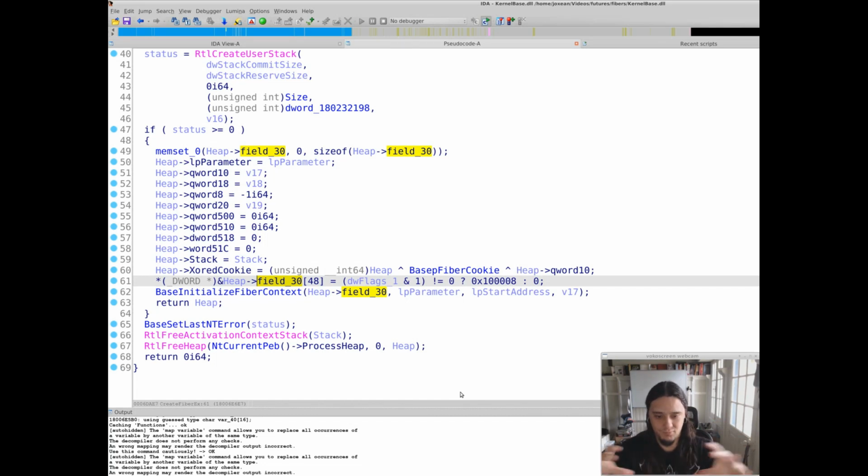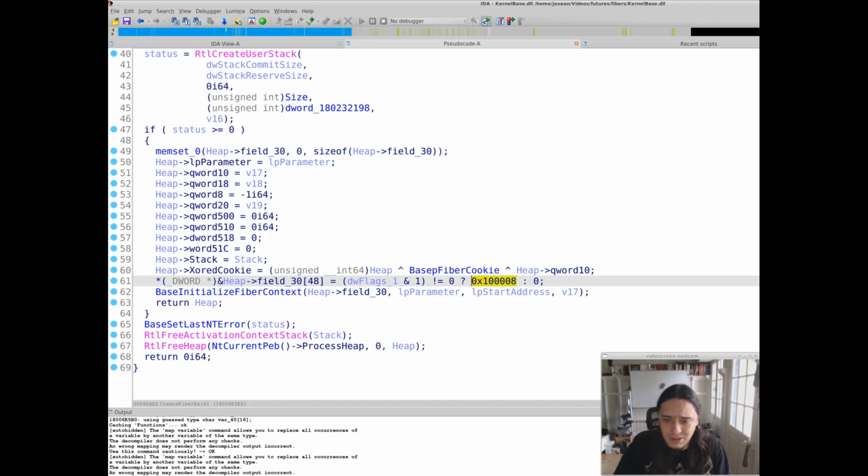The thing is, when it is doing memset, it is probably initializing a whole struct inside that struct. And then we still don't know about the members of that struct inside that initial struct. What we know for a fact is that it is doing something with the flags. And then we have some magic number here,